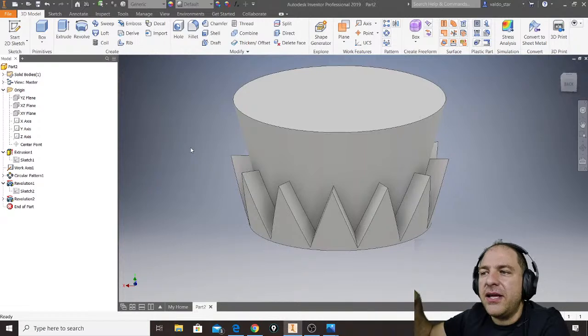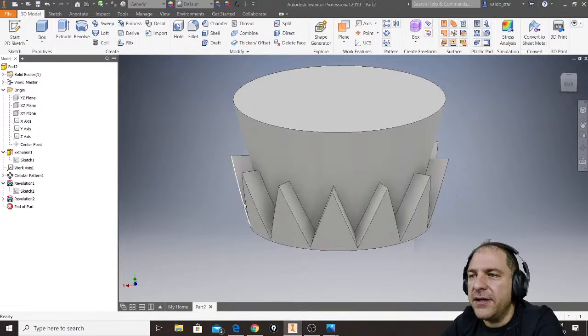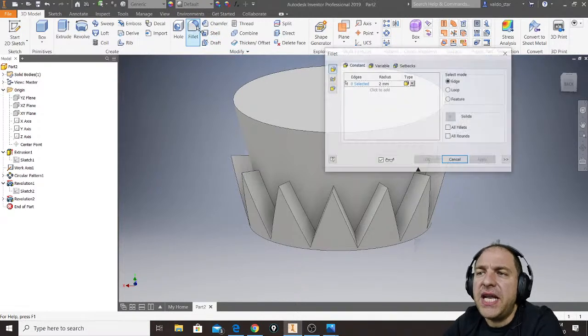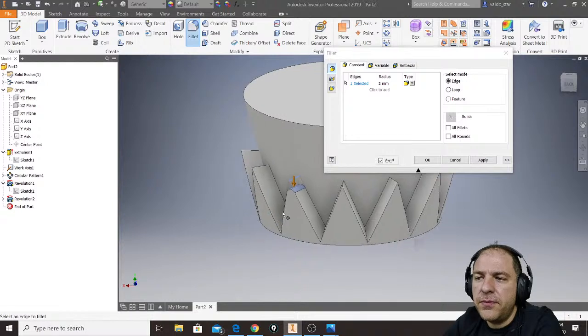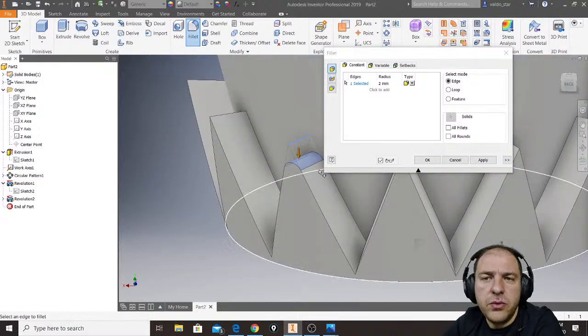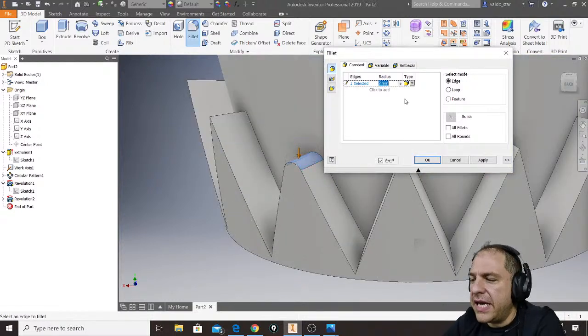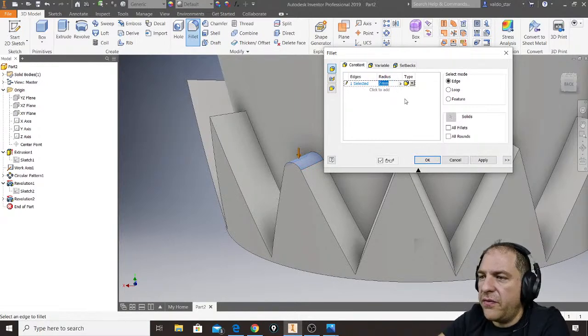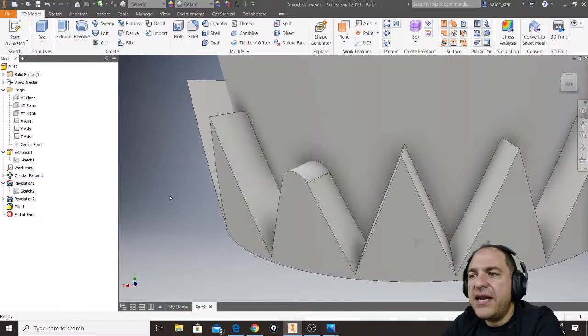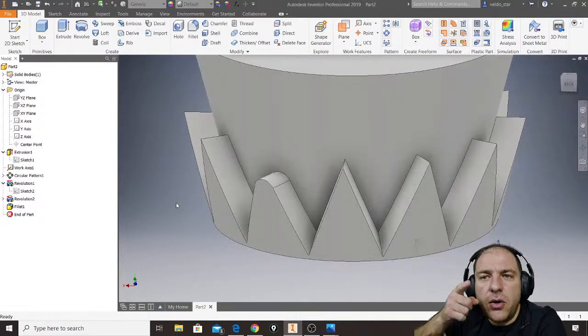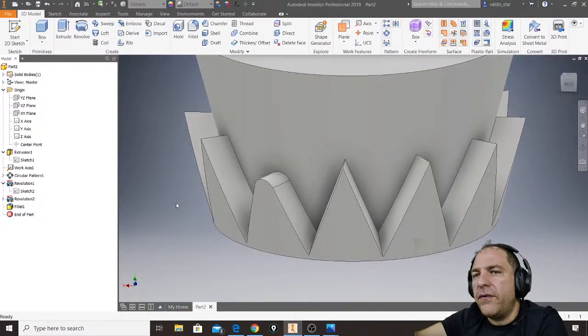To make my wavy thing, the only thing that I need is to use fillet, so I will select the top, and this will go like this. Let's say I can make it, I don't know, 3. Perfect. And take care, because I make this fillet once, instead of selecting edge by edge all of those,